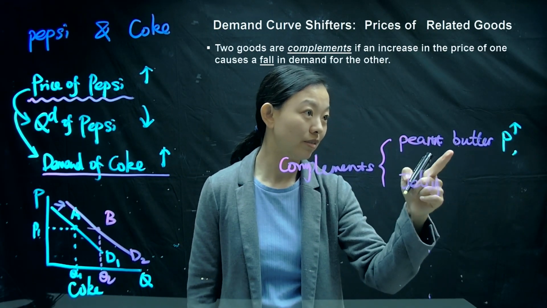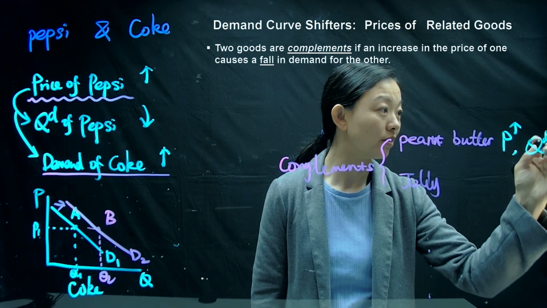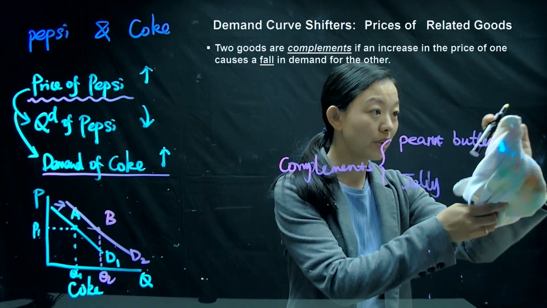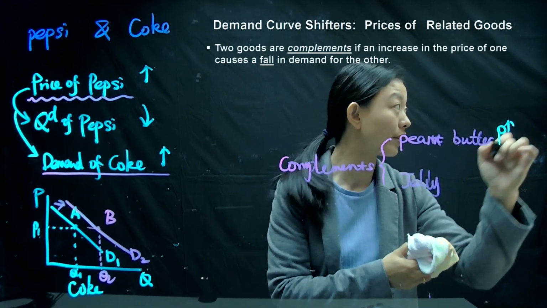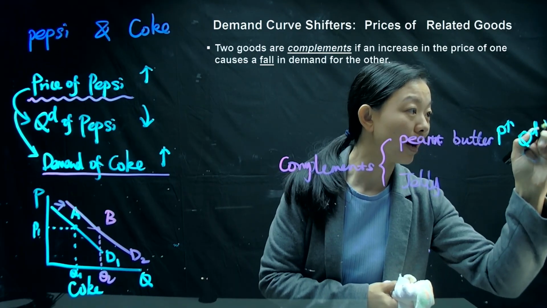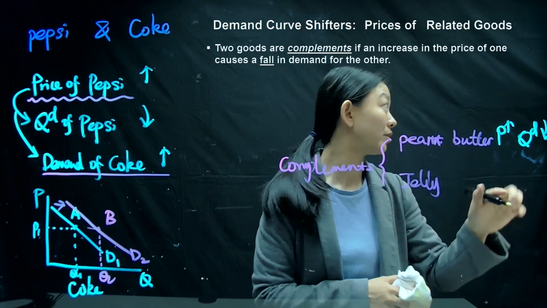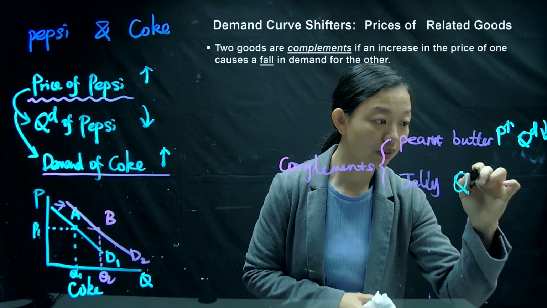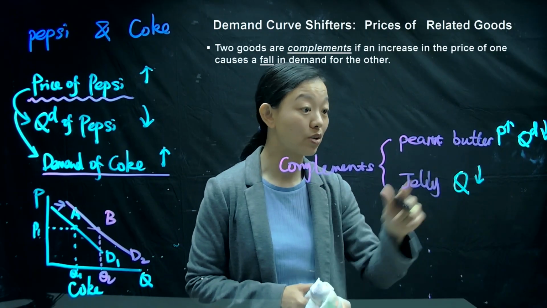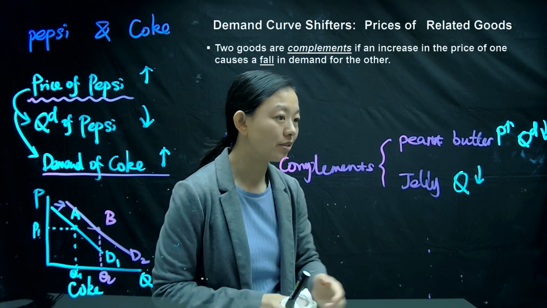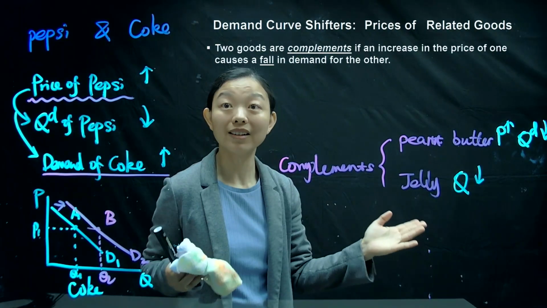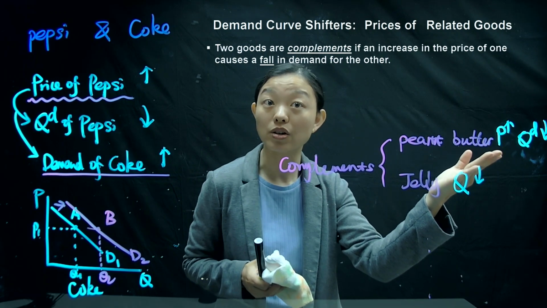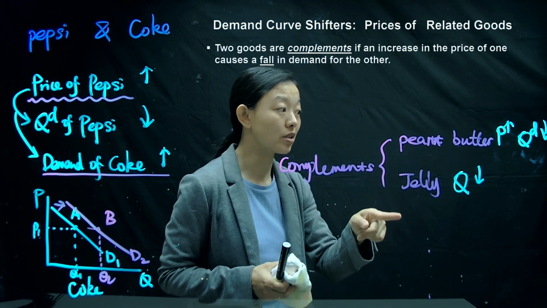It will first directly affect the quantity demanded of peanut butter, right? Peanut butter's price becomes higher, so consumers will buy less peanut butter. And when consumers consume less peanut butter, they might also consume less jelly, because these two things are always eaten together. Is there any change in jelly's price? Nothing changes in jelly's price. Jelly's demand decrease is because of peanut butter's price increase. So these two products, we treat them as complements.